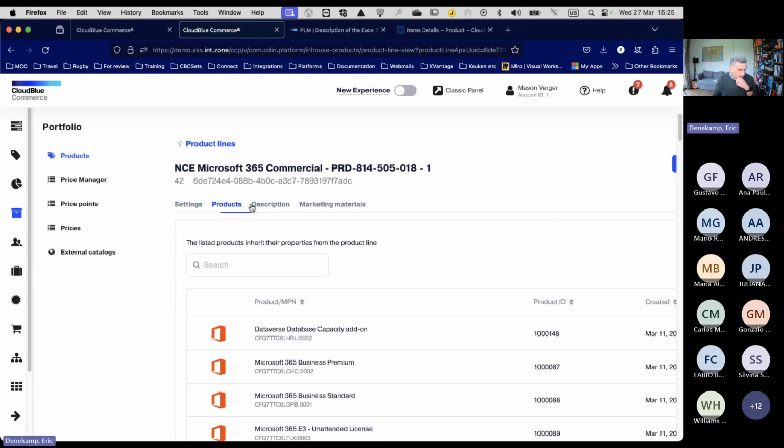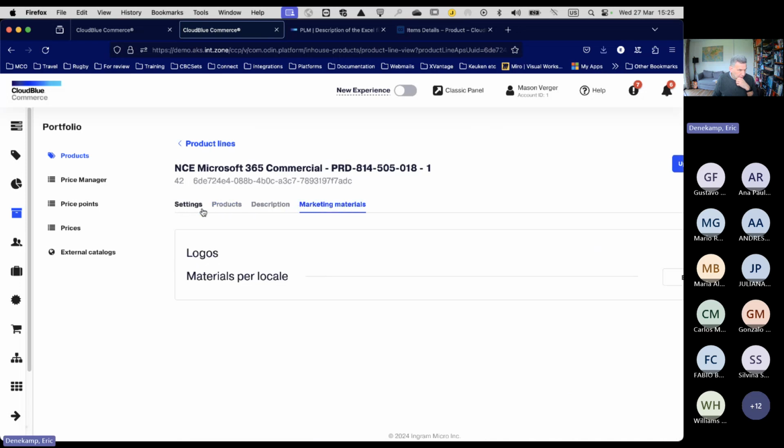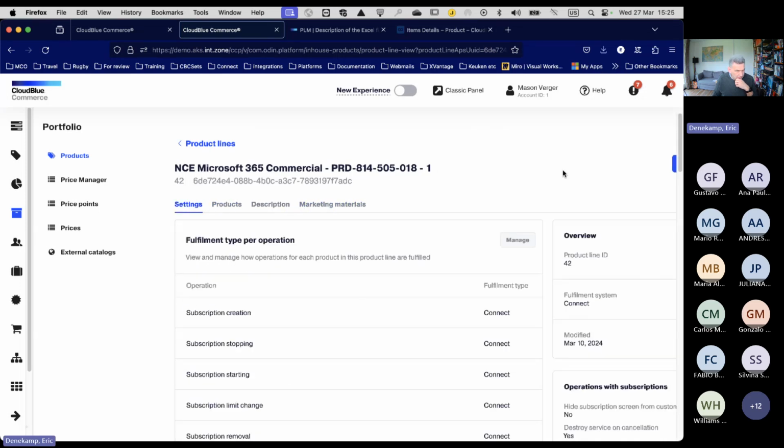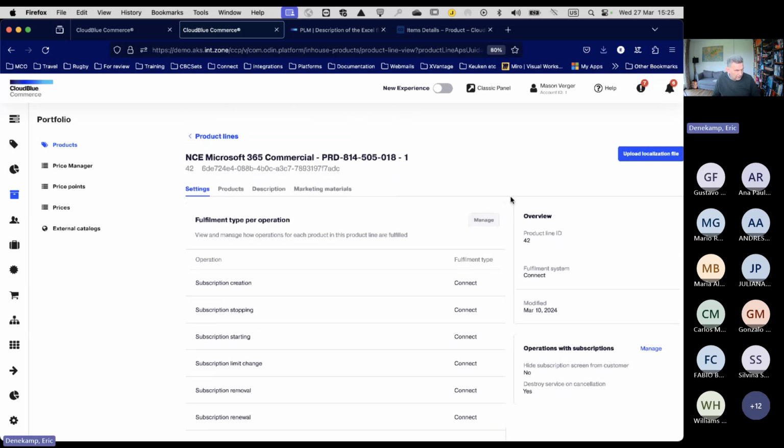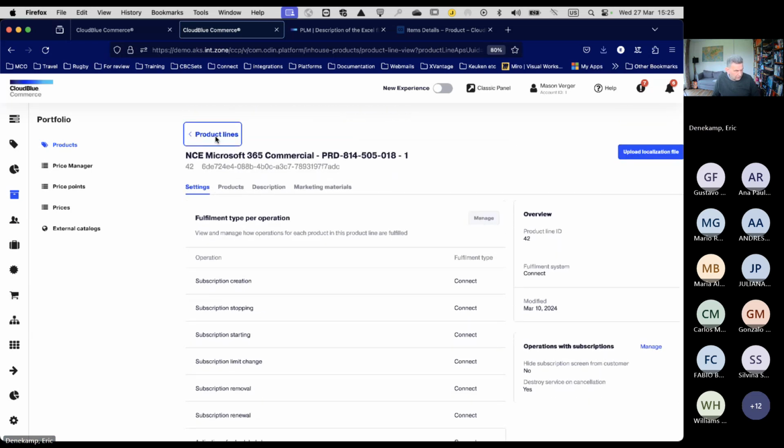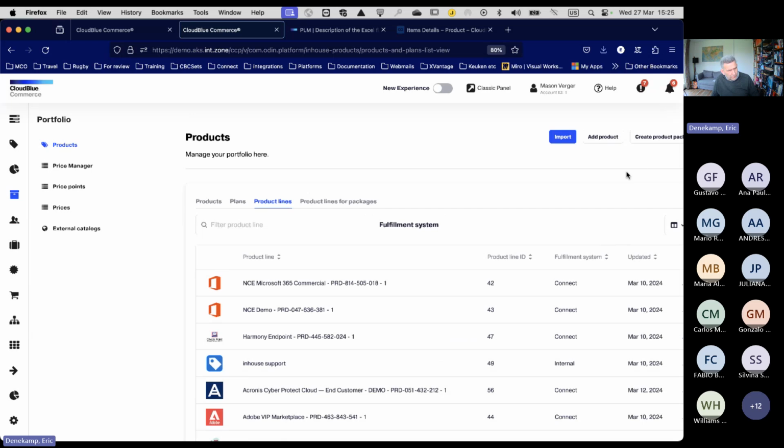Description, manage overage, marketing materials is not that interesting. Where do I do that nowadays? Let me zoom out. Here we can upload localizations. I thought there was another option. Here we are.